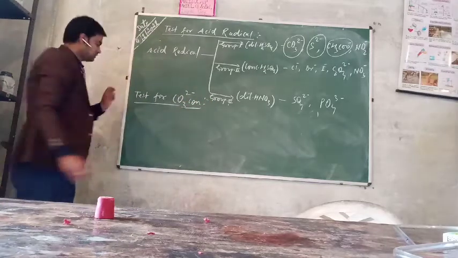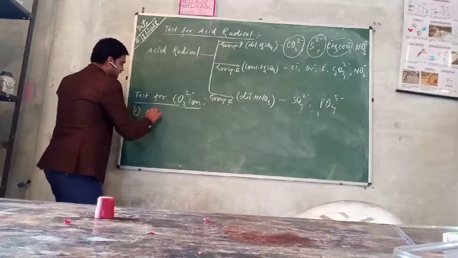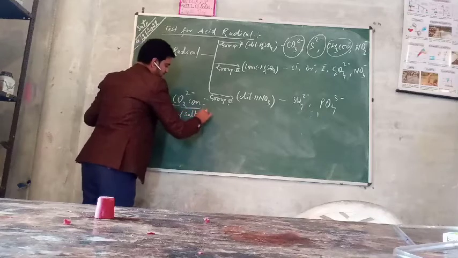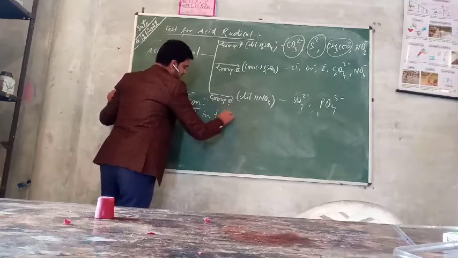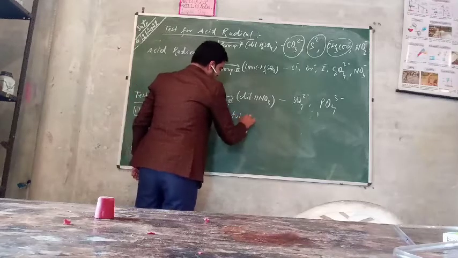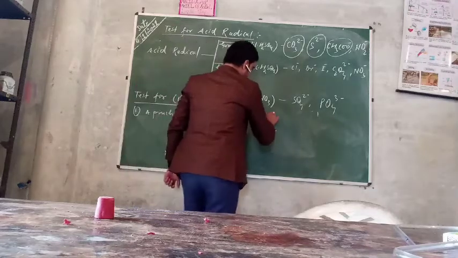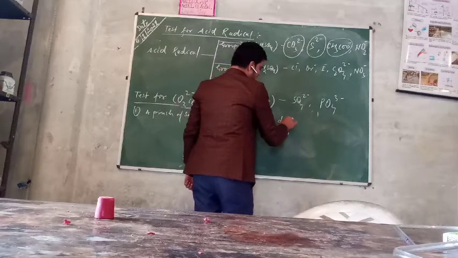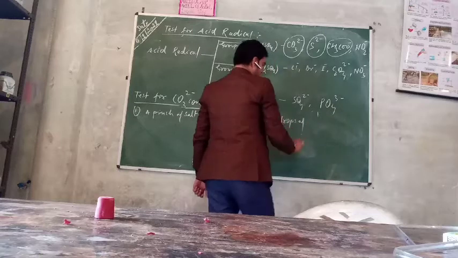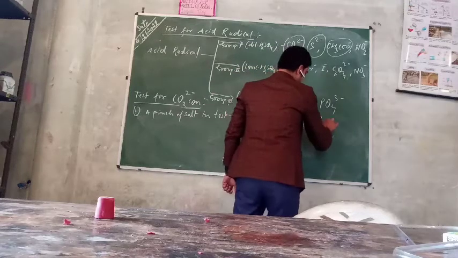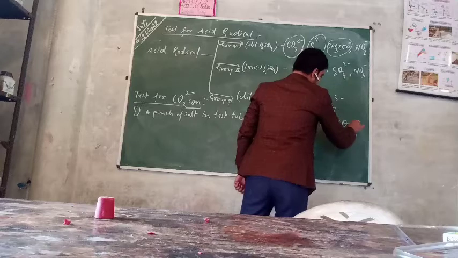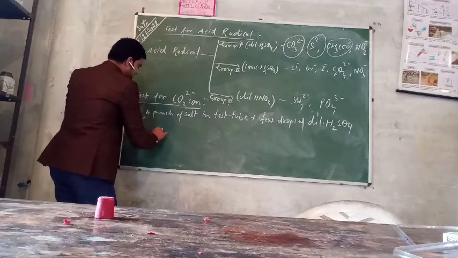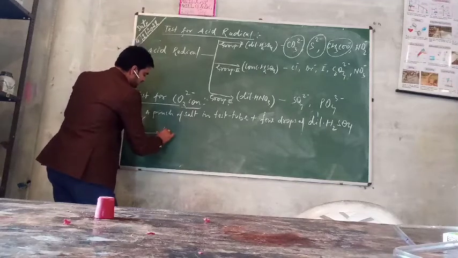First of all, you will take a pinch of salt in a test tube and add a few drops of dilute H2SO4. Clear? After adding the dilute H2SO4 into the salt, the observation will be the